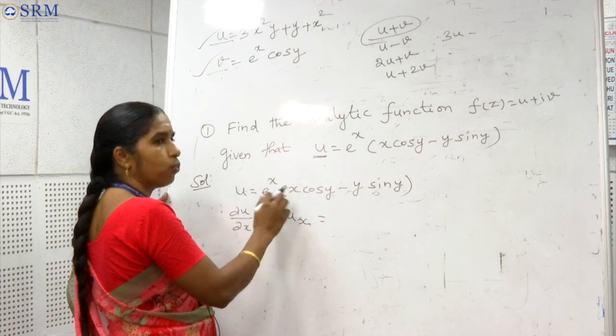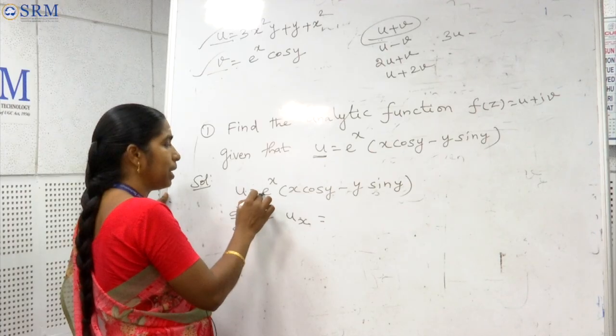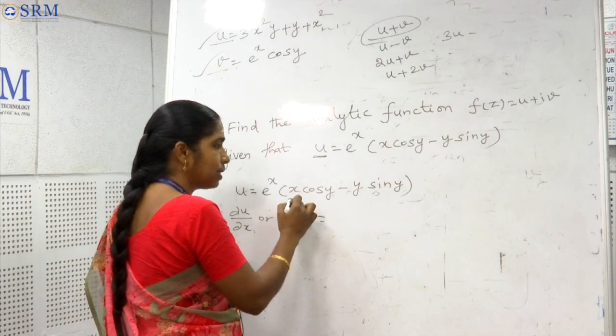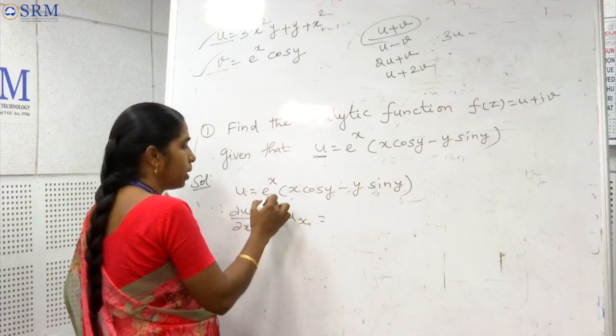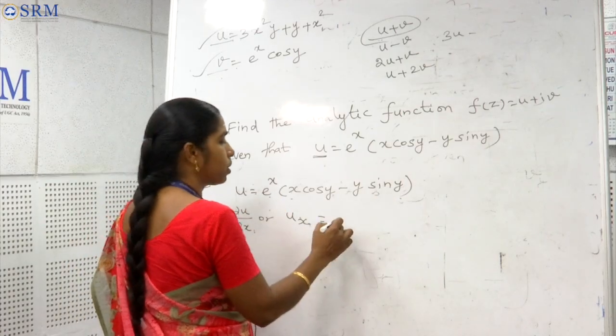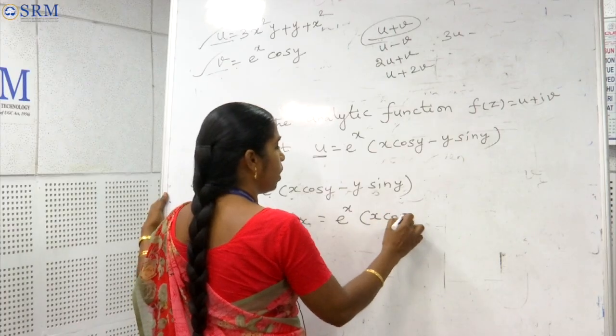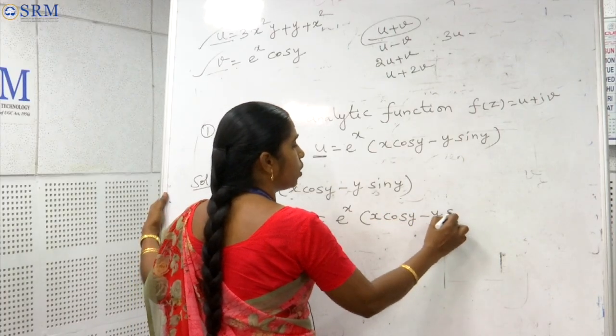So apply the uv rule. Y means including here e^x, another term also in terms of x. Now this one is treated as constant. So e^x differentiation: e^x differentiation is e^x into (x cos y minus y sin y)